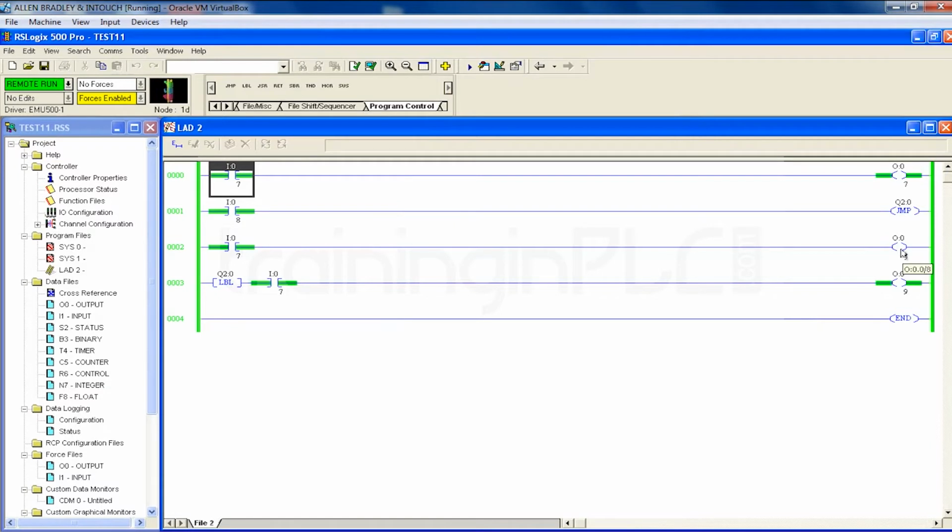Now if you turn on your input, can you see this O colon 0/8 is skipped, right? That means when the jump is on, it will completely skip the second rung. It will skip only the output. Input will not be in our control, because we have just turned it on. Wherever you have used the same address, it will be in on condition. Even though the input is in on condition, your output is in off state only, right? Suppose if you turn off your jump, now your output is on, right? If you turn it on again, now it will not turn off.